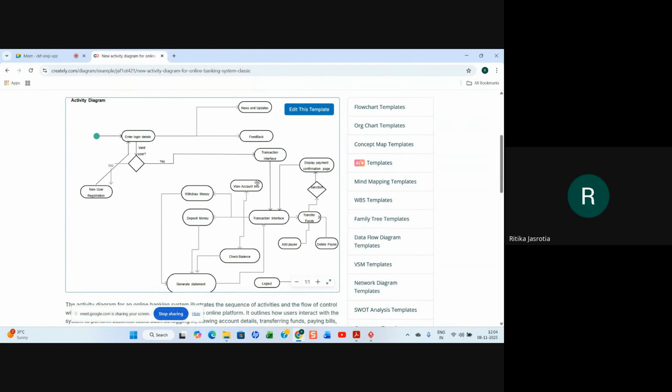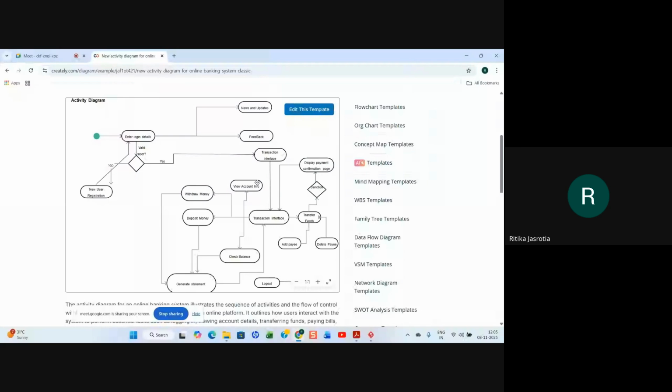According to this, we are not talking about ATM transactions, we are talking about online banking. So you can check the account info, view the account information, what you have. You can see your balance, or you can say mini statement or view statement.